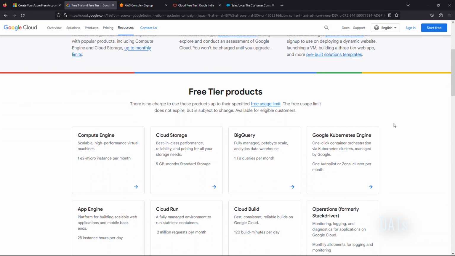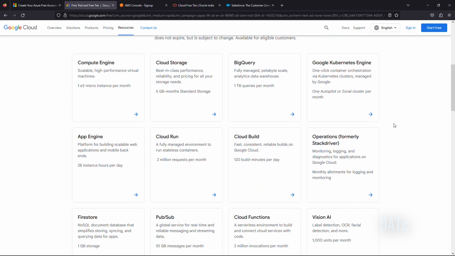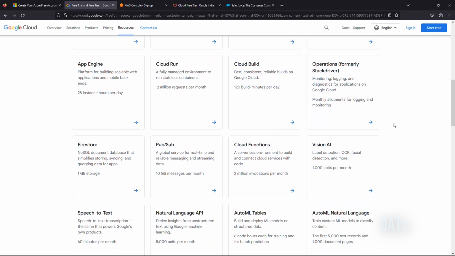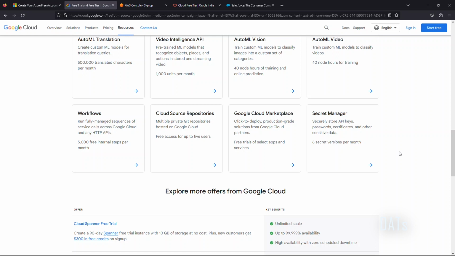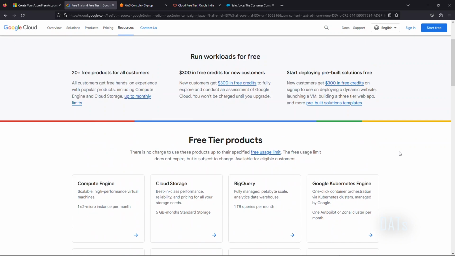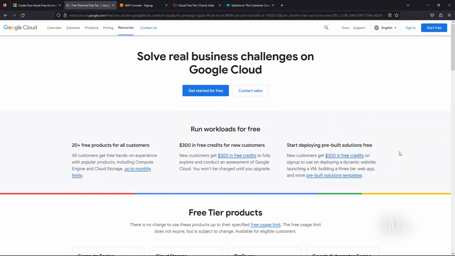So coming to some of the offerings from Google, you can find Compute Engine, Cloud Storage, you have database, then you have AI services, machine learning, a huge number of offerings you can avail from Google Cloud Platform. As a beginner, you can create a free trial account. Then you can explore the features from Google Cloud. It's very simple. You should have a Gmail account to start with.